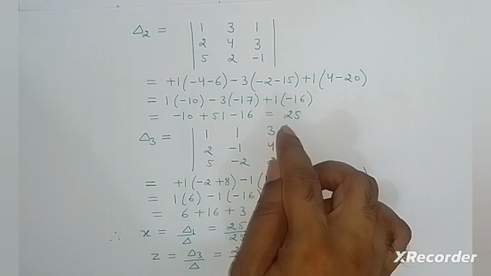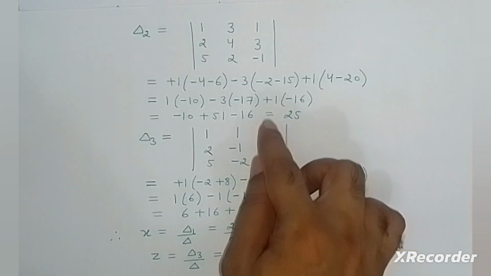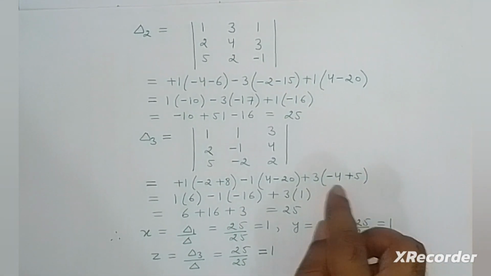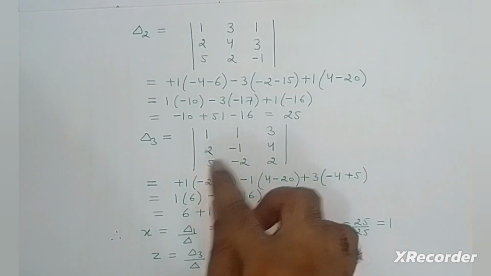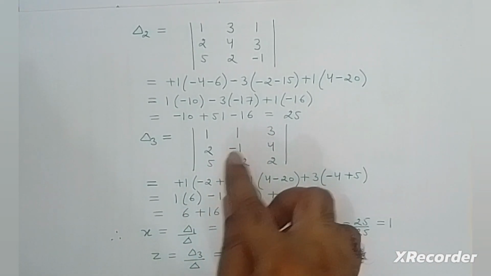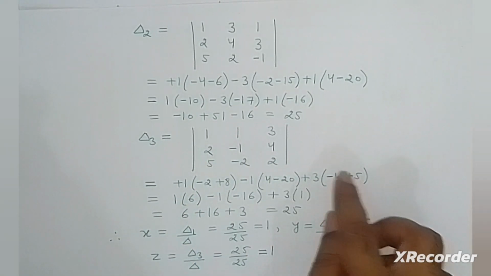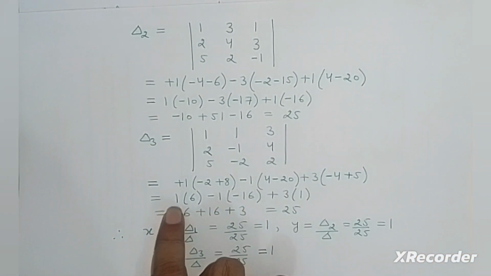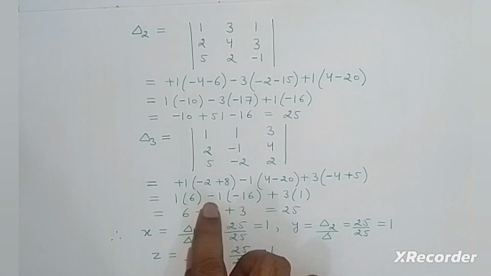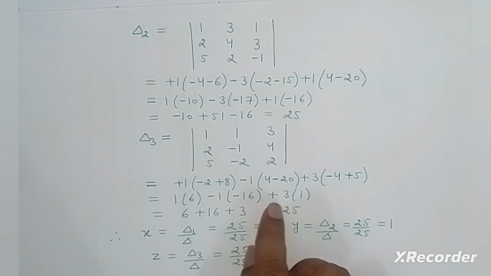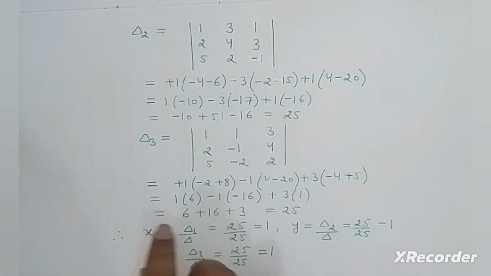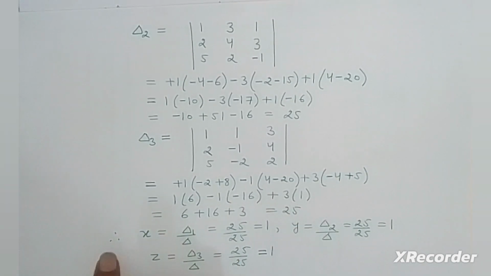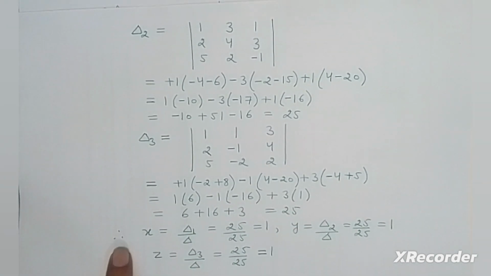So then plus 3, eliminate this column and this row, multiply 2 into minus 2, minus 4, and minus 5, because we have to subtract, so minus 5 is equal to plus 5 here. After solving we get 1 into 6 minus 1 into minus 16 plus 3 into 1 is equal to 6 plus 16 plus 3 is equal to 25. Hence the value of